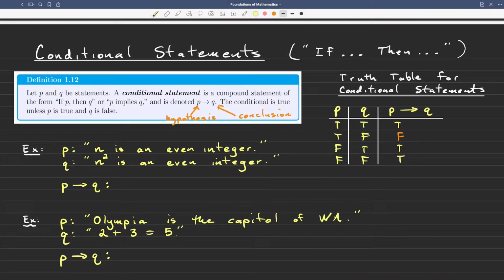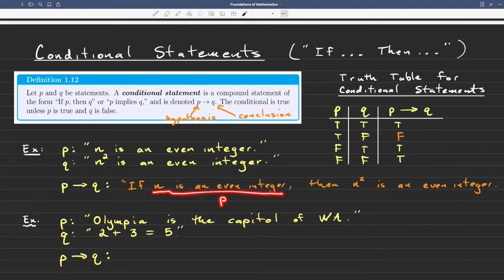Okay, so in this first example, we have two separate statements. P is the statement, n is an even integer, and Q is the statement, n squared is an even integer. And so we form the conditional statement P implies Q by saying, if n is an even integer, then n squared is an even integer. We're not doing anything crazy complicated here. We just put the statement P after the if,